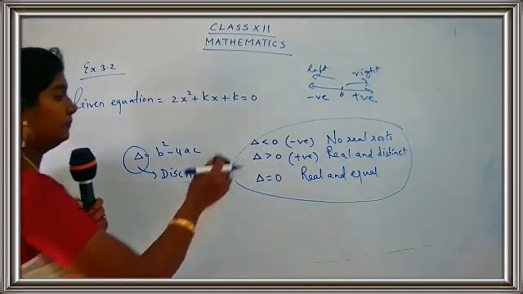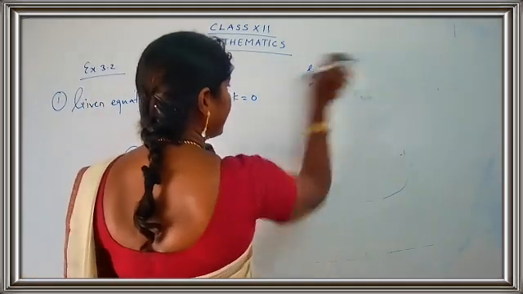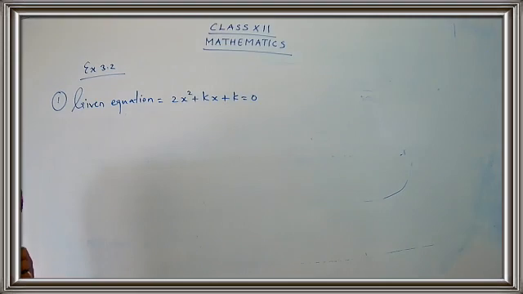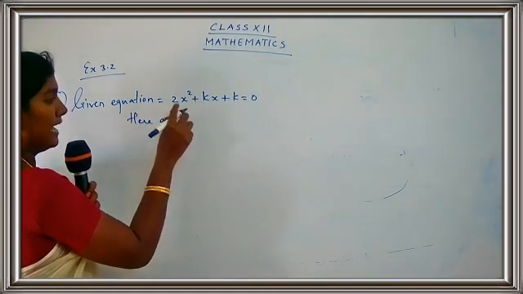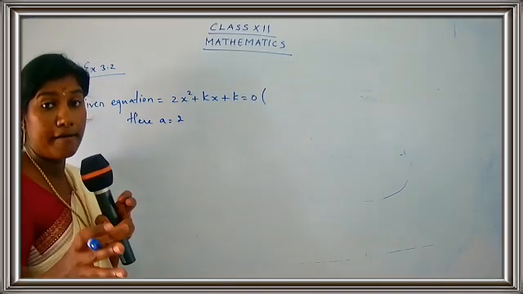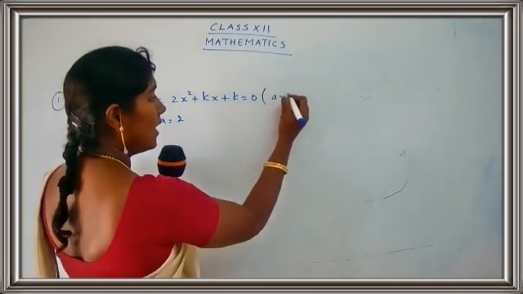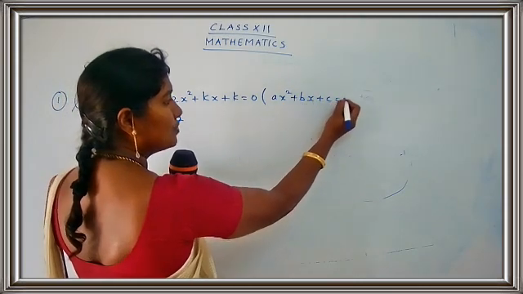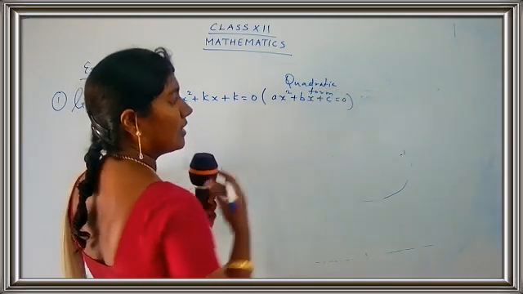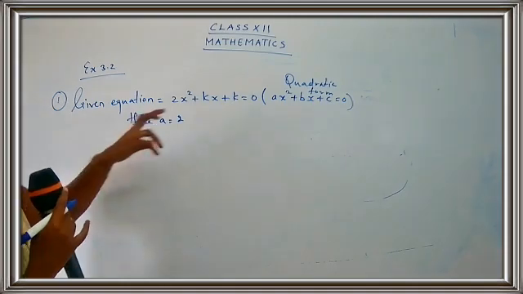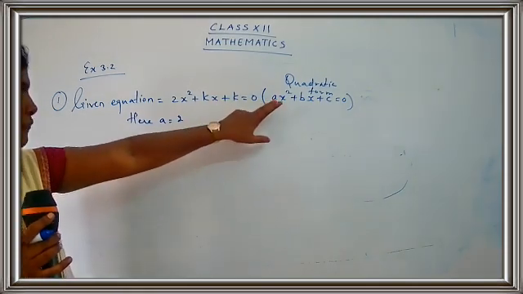Okay, let's start with the work. Here we have considered the equation 2x square plus kx plus k is equal to 0. Now what are we going to do here? You are going to find out the value for a, b and c. What is a here, children? Here a is 2. How do I get a as 2? You have to compare with the quadratic form. What is the quadratic form? It's ax square plus bx plus c is equal to 0. We have done this in class 10 and 11 also. So we are just going to compare with the quadratic form, and I get the value for a as 2.